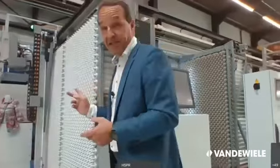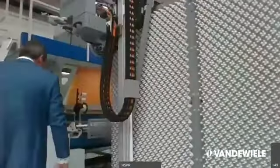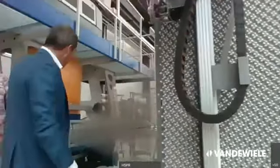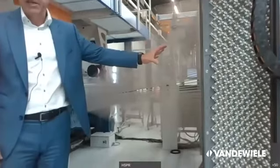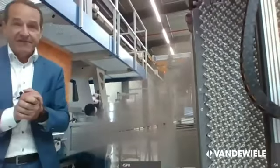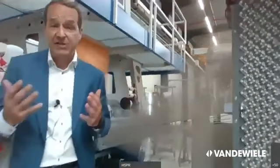So this machine is a flat weaving machine, but without any beams. If you look here, there are no beams in the machine. So the beams are being replaced by a smart creel. Now on the velvet machine, the advantage you have there by using a smart creel instead of a standard creel